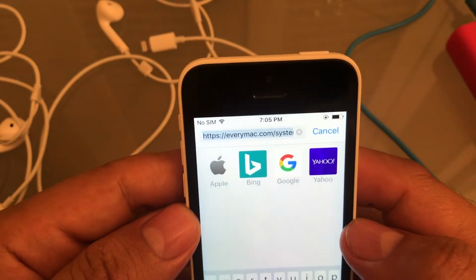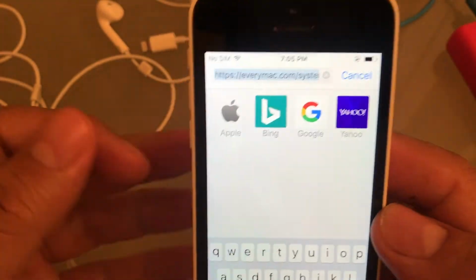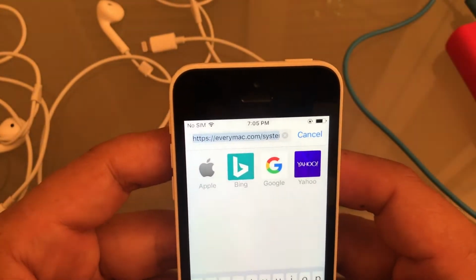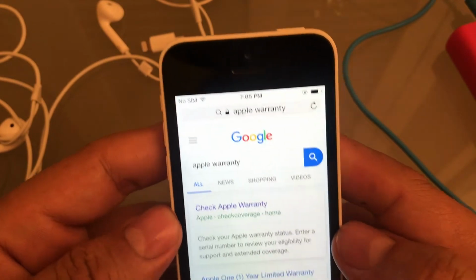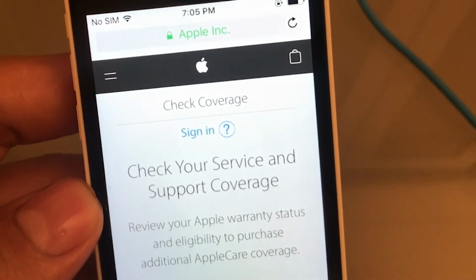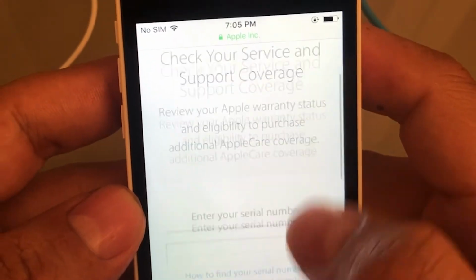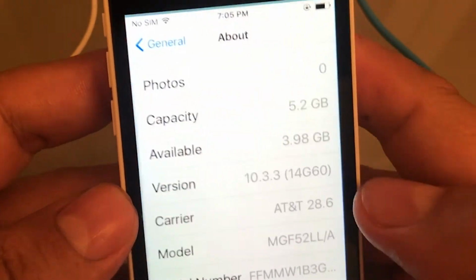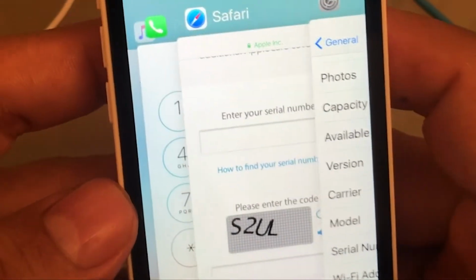A lot of people like to go to the Apple website to see about the warranty of this phone. If you want to see if this phone is under warranty, it's pretty easy. You Google Apple warranty, and the first result is going to be check Apple warranty. This is the official website for Apple. If you want to check the warranty, you're going to need the serial number. So what we can do is go here and get the serial number, copy,